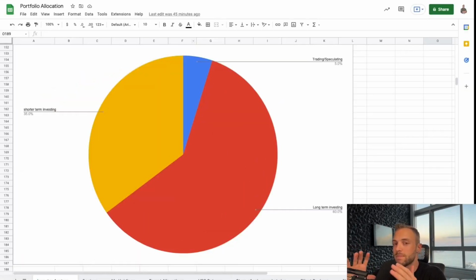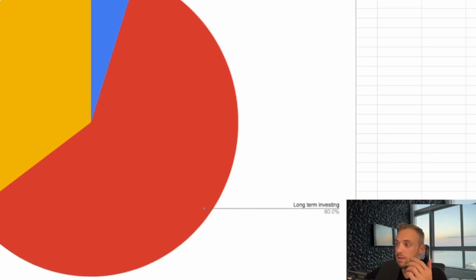The reason is because if you can manage not to lose money in crypto, you're likely to do very, very well. So I want to have proper allocation where I have longer term investments, right? The 60% of my portfolio, I am practically never selling. Yes, if something fundamentally changes with a certain position in my portfolio, I will get rid of it and replace it.